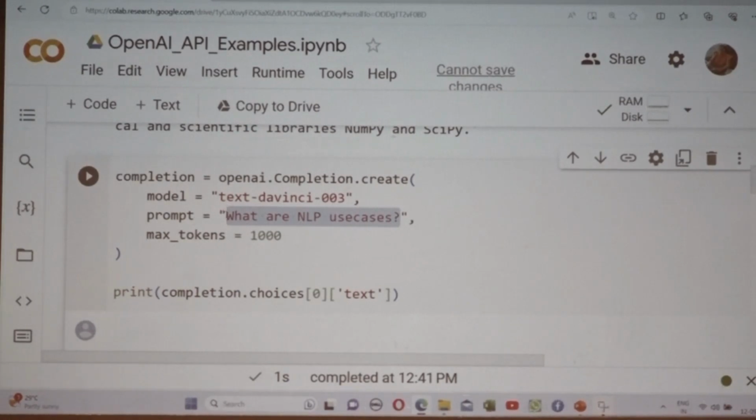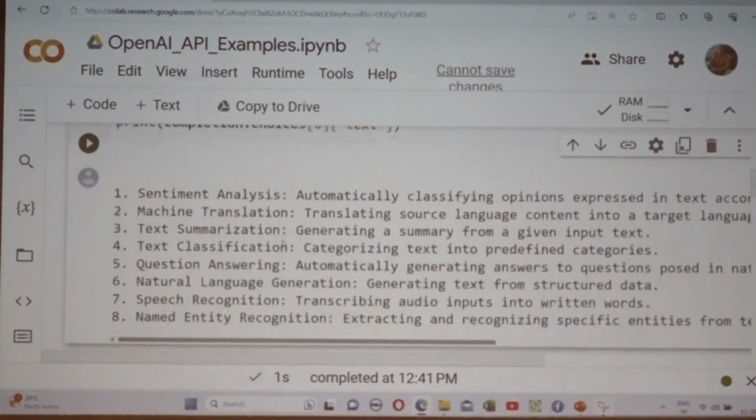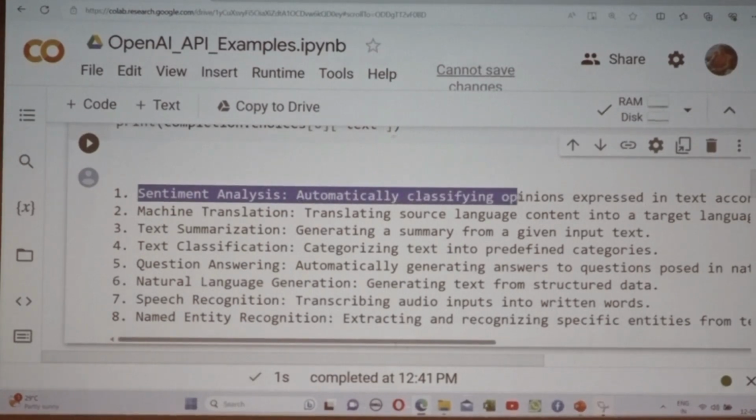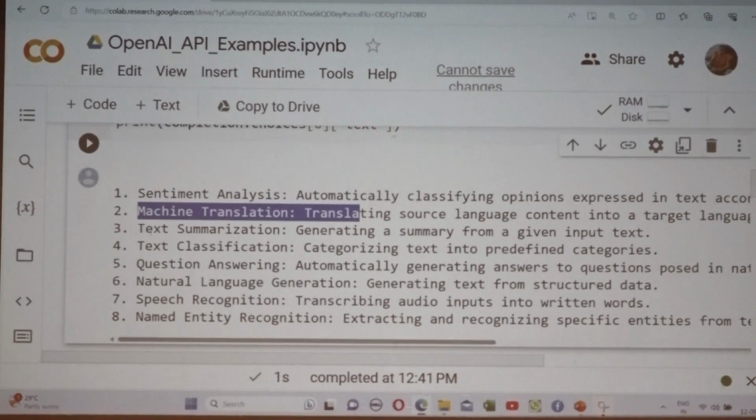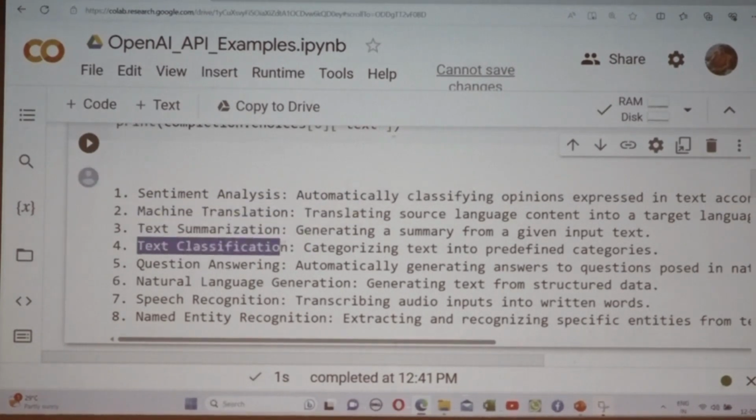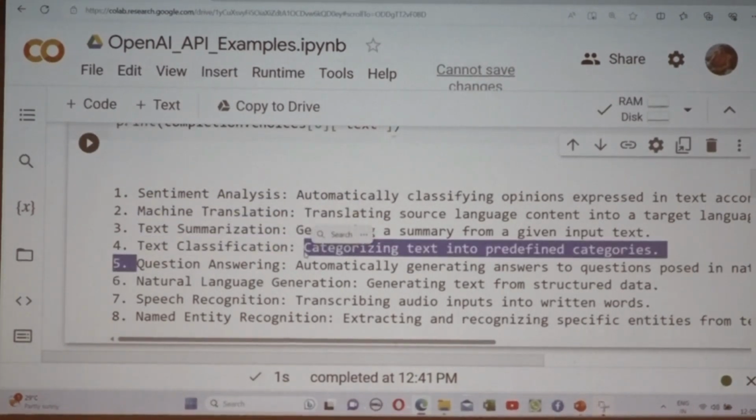Applications of NLP. We are studying since 3 days, man. Okay, chatbot. Morning also we did sentiment analysis, text generation, language translation. All these things are used. So I got a beautiful response. You can see here, sentiment analysis, its purpose, machine translation, text summarization, text classification. You just remember,